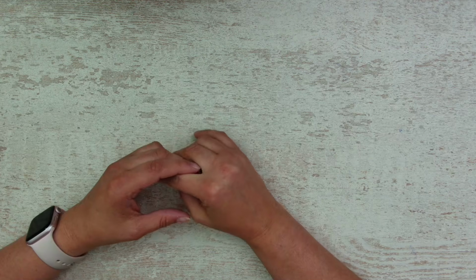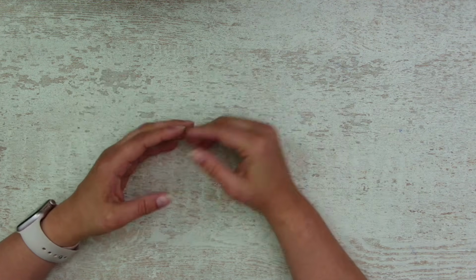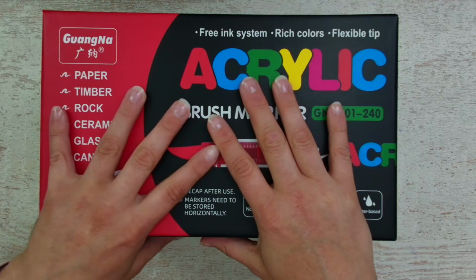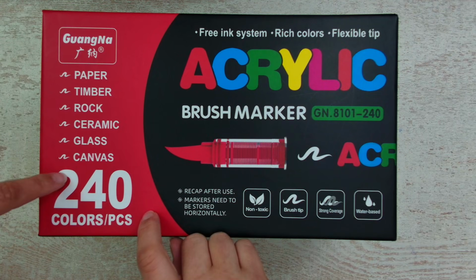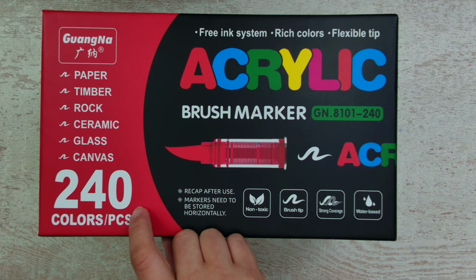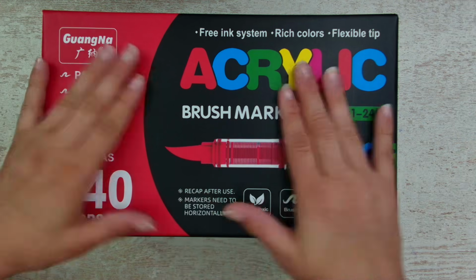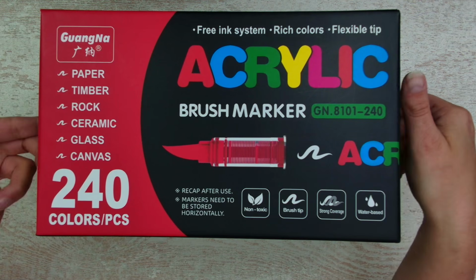The thing that I did fall for was the Kwangna set. I love to do a color by number set. And let me grab it. It's next to me. So they first released a small set, and then a 120 set, and then I don't know if it's 186, I think, and then the 240. So a couple of months ago, I got the 240 set. I think it was November,